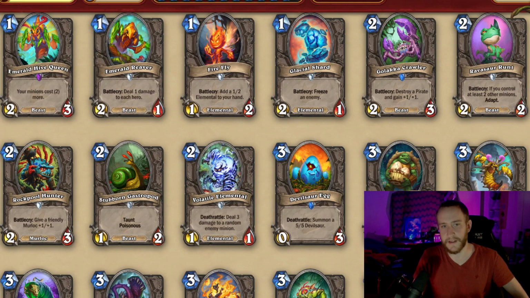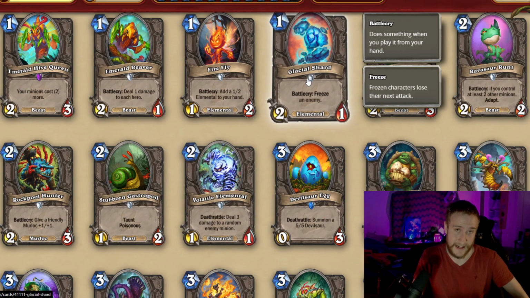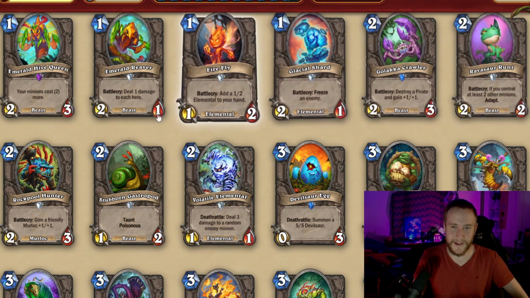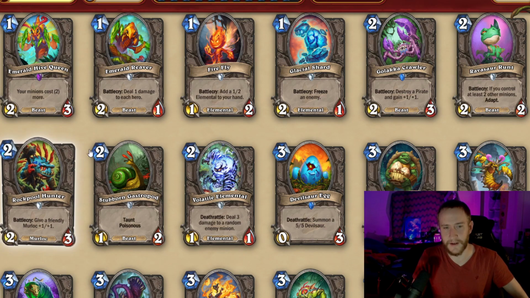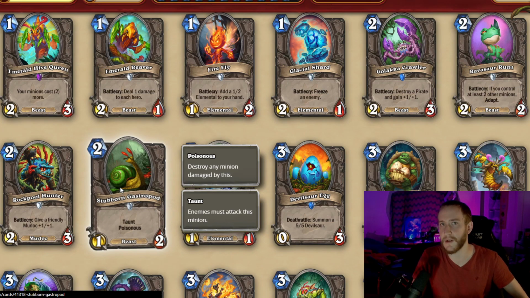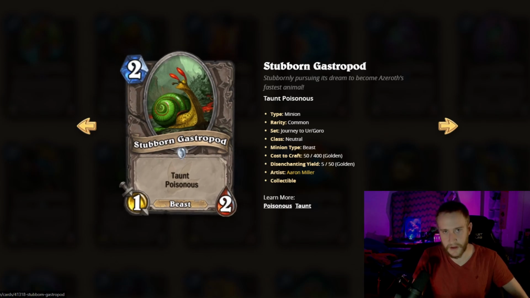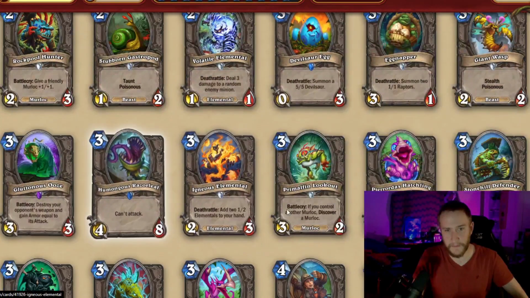One of the most significant things is that there are a lot of beasts and elementals here. For classes like Mage, with elemental synergy, we'll get more into some of the elemental synergy they're getting back, but there's going to be a lot of that. In classes like Druid and Hunter that can deal with beasts, there's that as well. But one of the most significant things is that there's all of a sudden going to be a lot more poison back. This was one of the most significant things of Un'Goro: Stubborn Gastropod, Giant Wasp, and